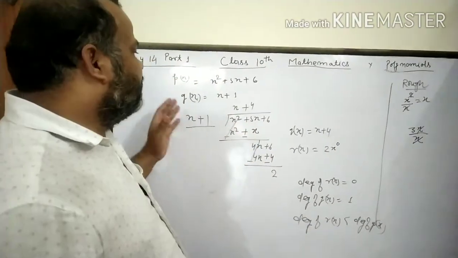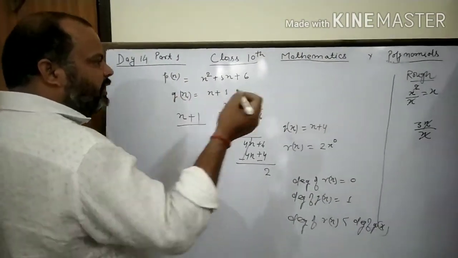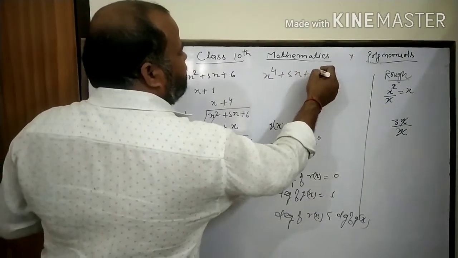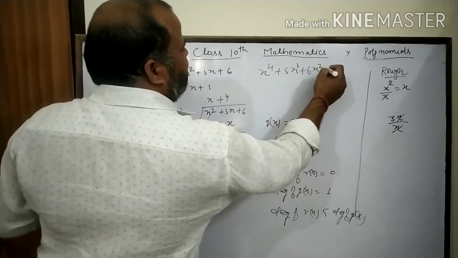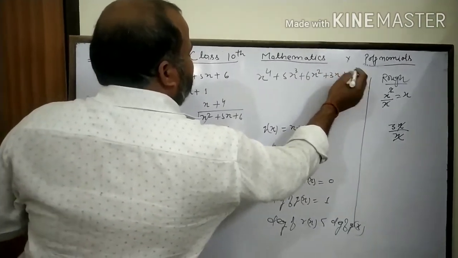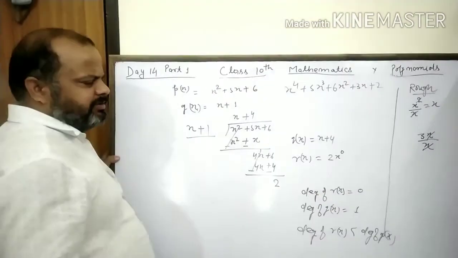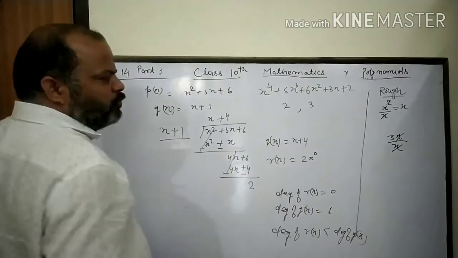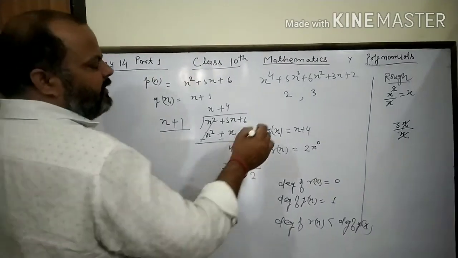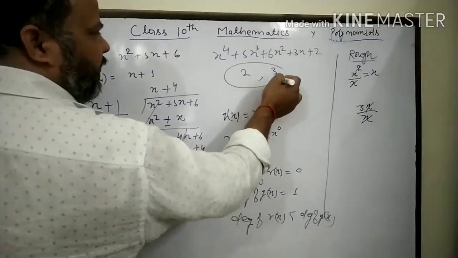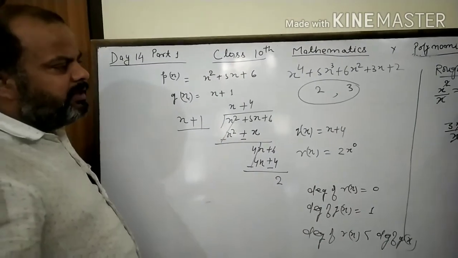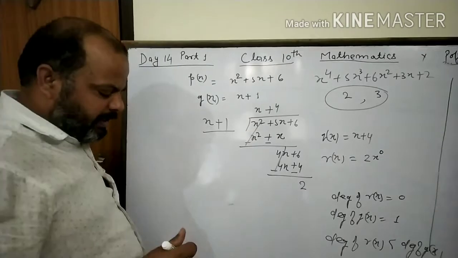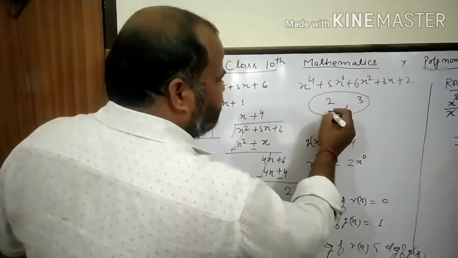In our book, suppose you have x to the power 4 plus 6x cube plus 6x square plus 3x plus 2, and two of its roots are given. Suppose 2 and 3 are its two roots. Clear? Then first of all you can use the quadratic formula. It means if you have the roots, then how can you find their polynomial? Then you know that if its roots are alpha